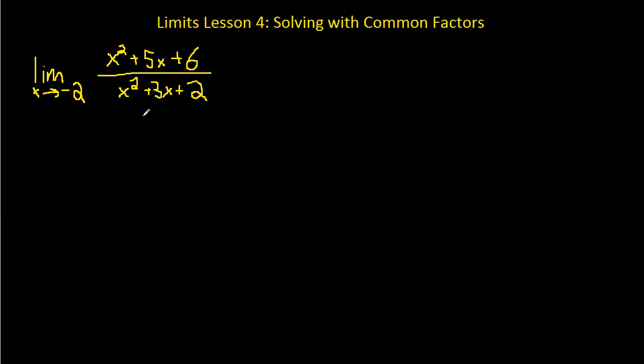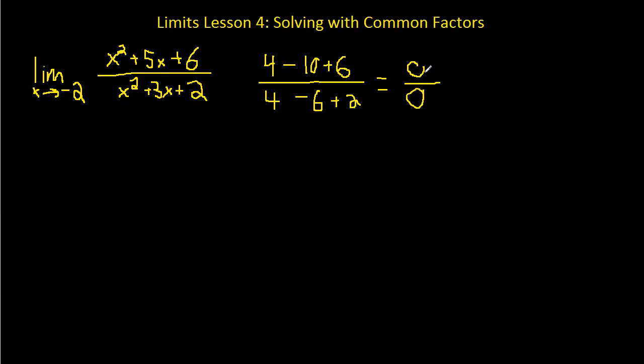Now, something like this can seem really daunting, especially if we try to go ahead and plug in -2. We'll see that -2 squared is 4, minus 10, plus 6. And on the bottom, again, we have 4 minus 6 plus 2. And that equals 0 over 0, which we can't deal with. So, as daunting as something like this might seem, we just have to break it down and look for a